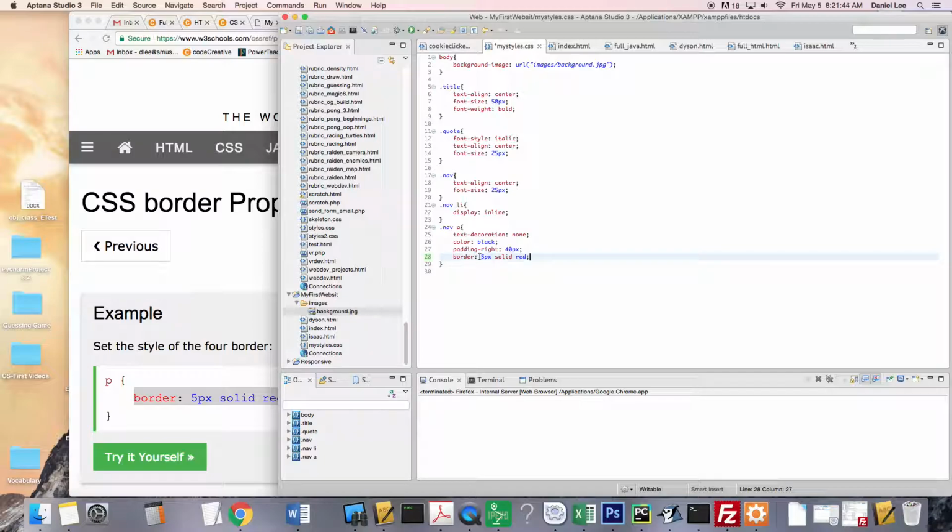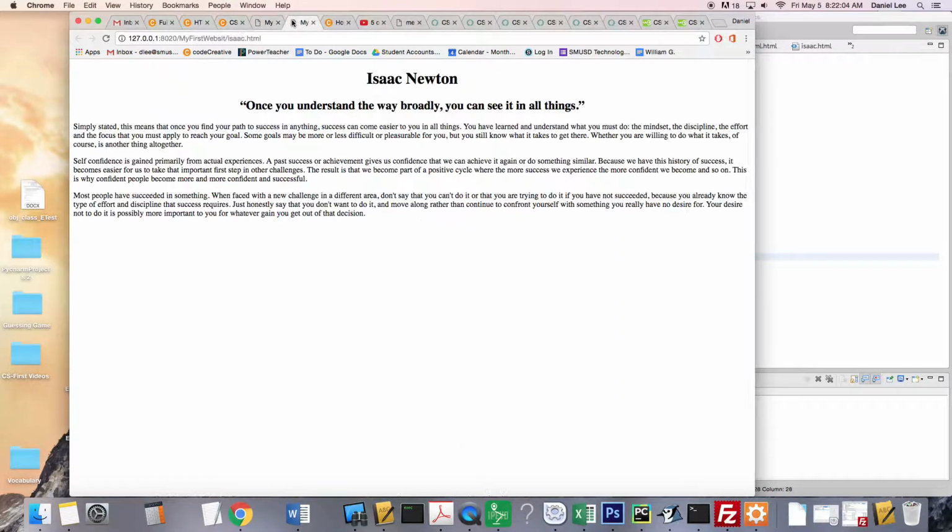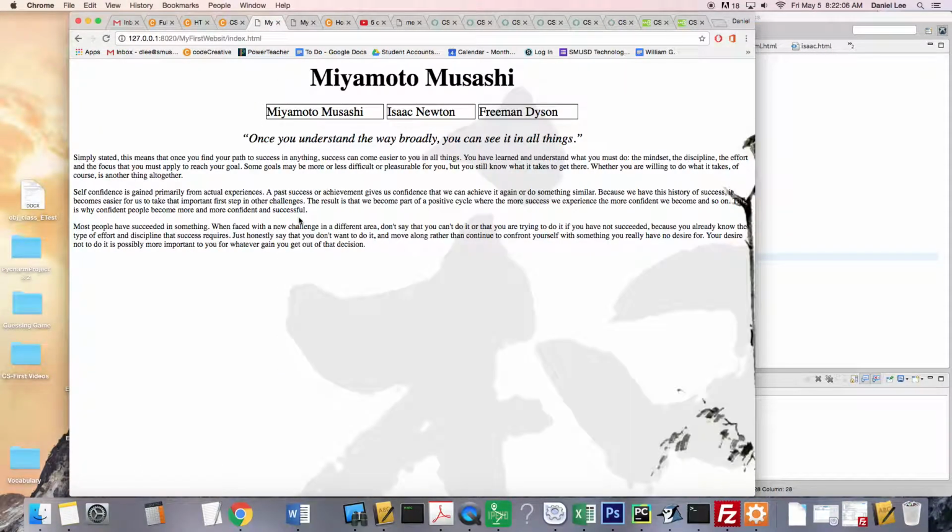And what this means is the border around the A element will be 5 pixels thick, it'll be solid, and it will be red. So I don't want it to be 5 pixels, so I'm going to change that to 1, and I'm going to change the color from red to black, and I'll save that. And I'll come back over here and I'll refresh it. Okay, so we have